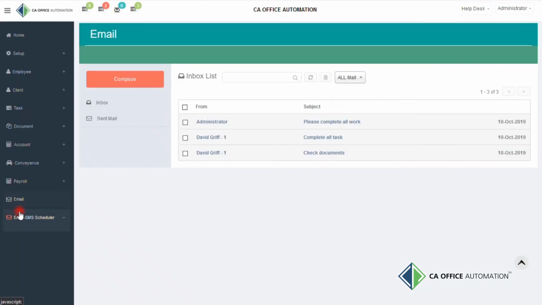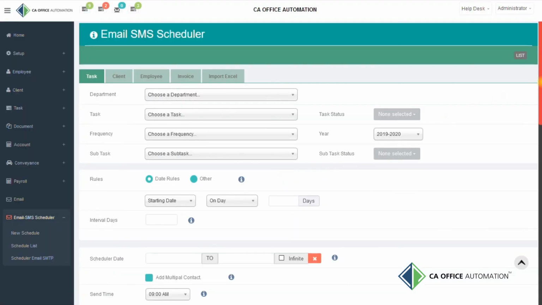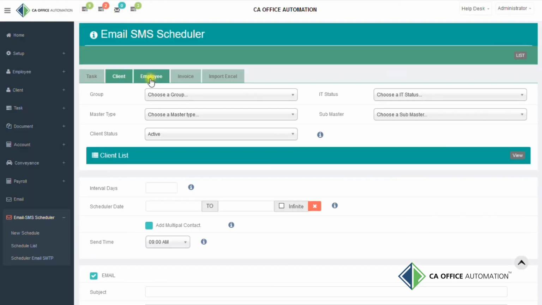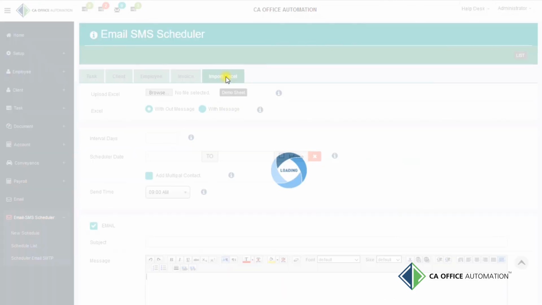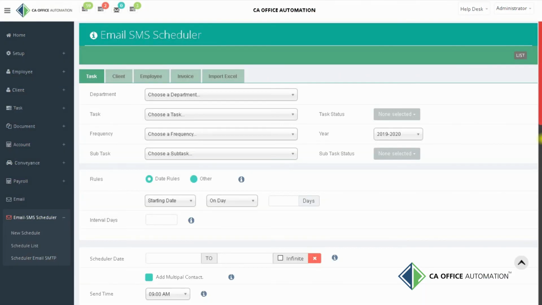Auto Email or SMS Schedule module. You can schedule email and SMS on a particular event related to task, client, employee, invoice, and from the Import Excel option. There are 5 tabs available to set different rules for auto email and SMS. First tab is Task.